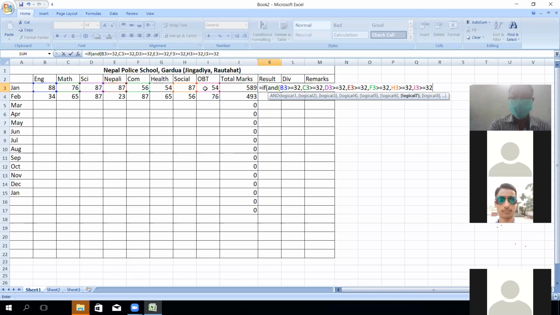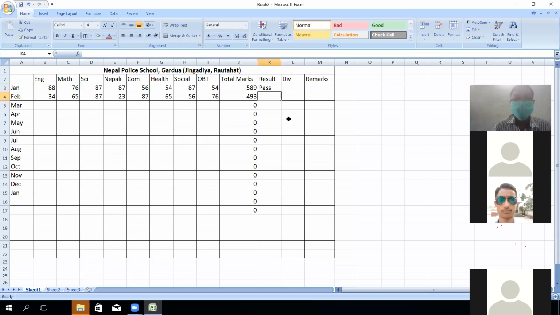Then after closing we can write pass, then comma again, fail. Now close.